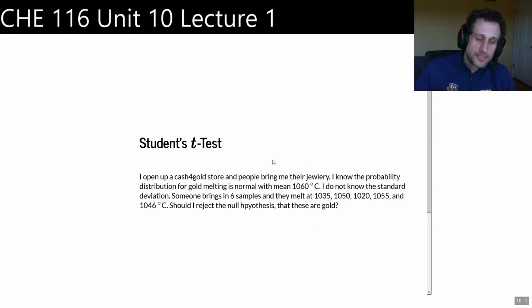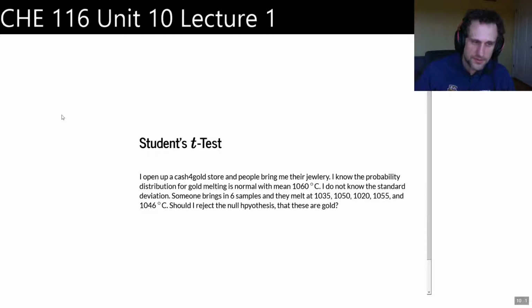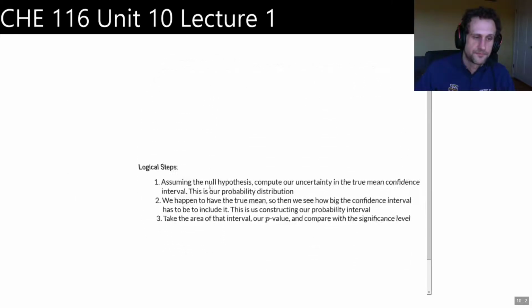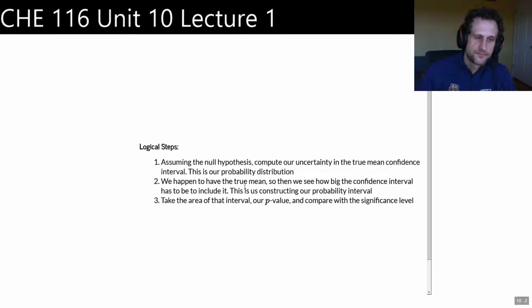So let's go back to the example where we have multiple samples. Okay, here's some samples, and we're going to use the t-distribution, and this hypothesis test is called the student's t-test. By the way, this is where the student t-distribution comes from, from this hypothesis test. Okay, and more fun information. The name student, right? It's a weird name. It's because there was this scientist, I don't want to say scientist. There was this